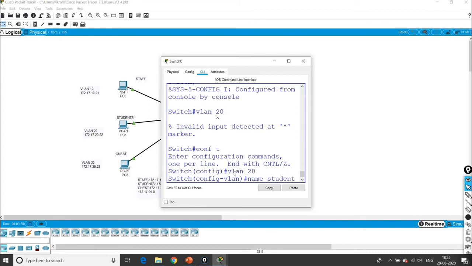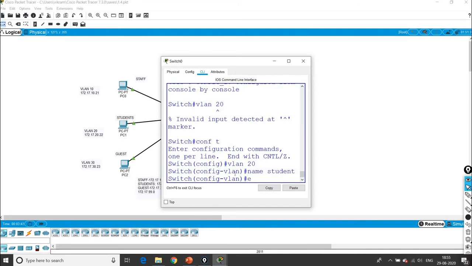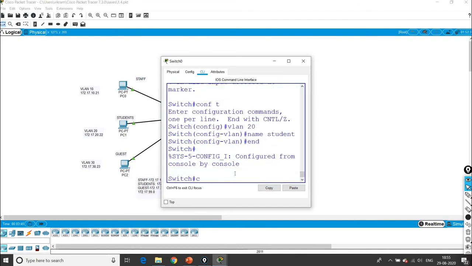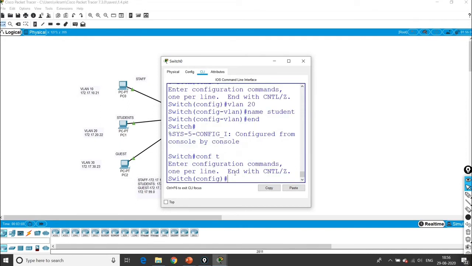End. Again configuration mode, config t. You can give directly VLAN 10, 20, 30 and student, faculty like this, but it is better to give names like this here.